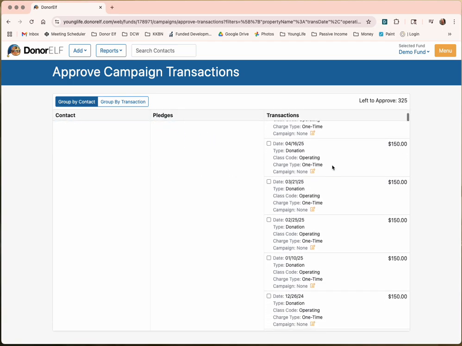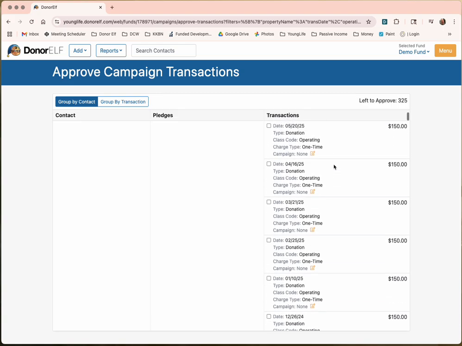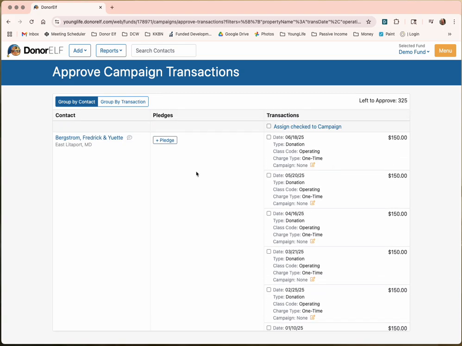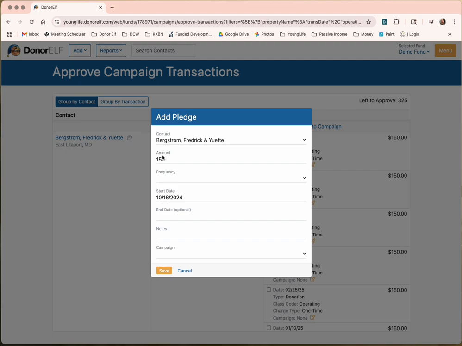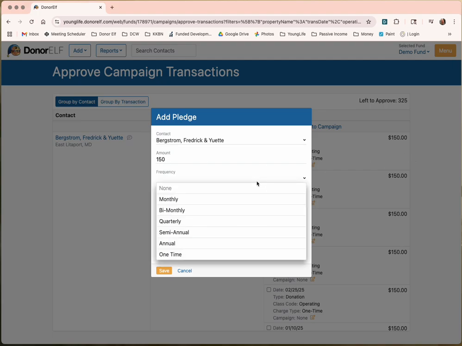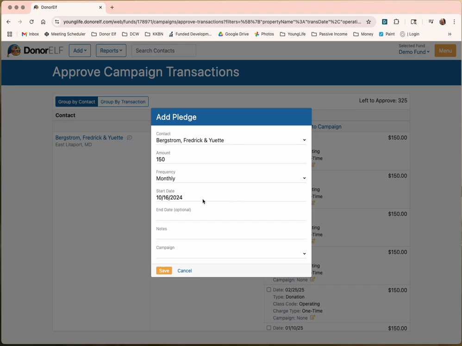When we recognize something, every once in a while DonorElf will recognize this, but when we recognize something, we're going to hit this pledge button, it's going to sort of automatically understand there's $150. We're going to click monthly because that's coming in monthly. The start date is the fiscal year because that's all we know at the moment. If we wanted to make some notes, we can, but we're just going to pop this into this area monthly donor. You can put it wherever you want, but I'm just putting it in here, because for this demo account, I want it in there. And I'm going to hit